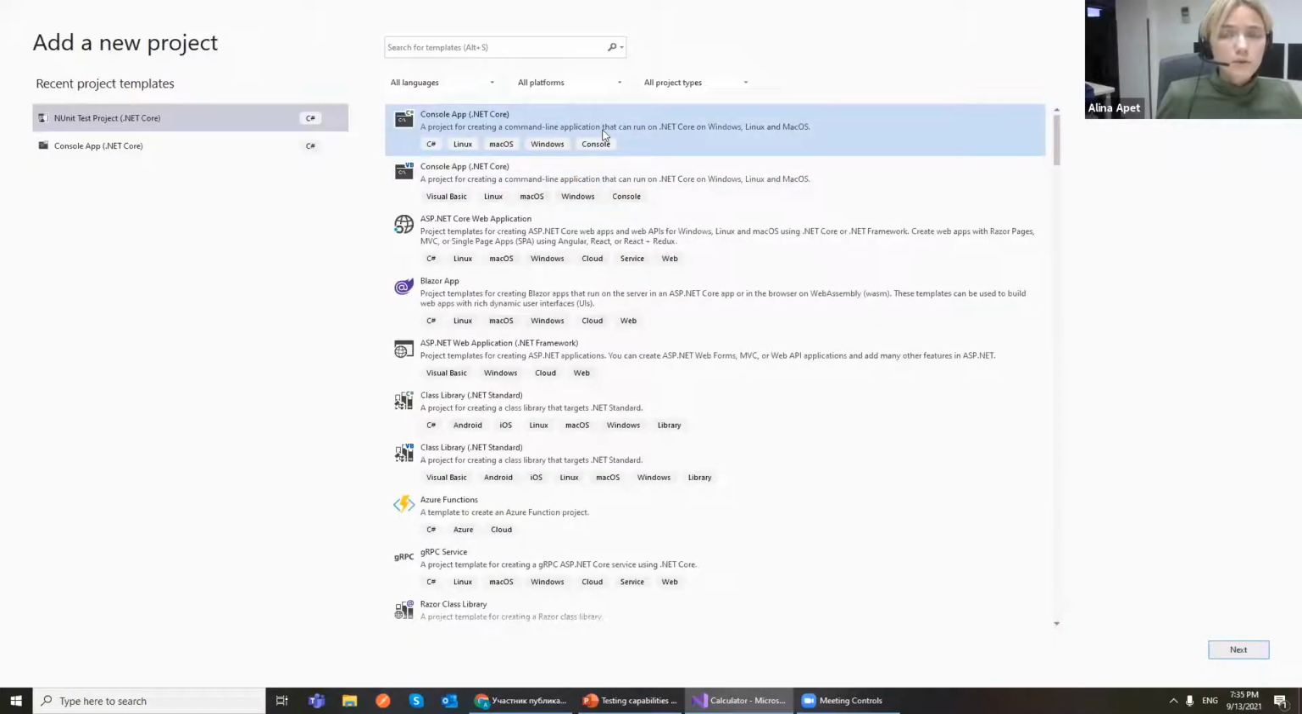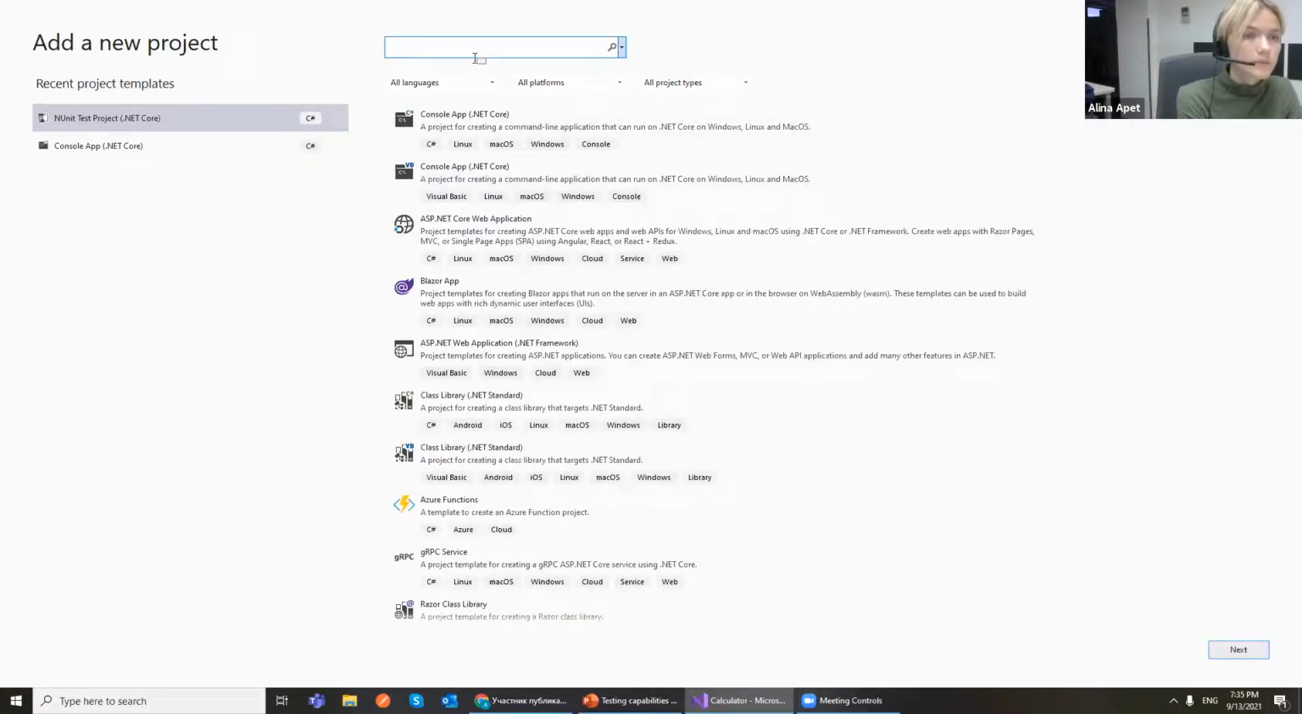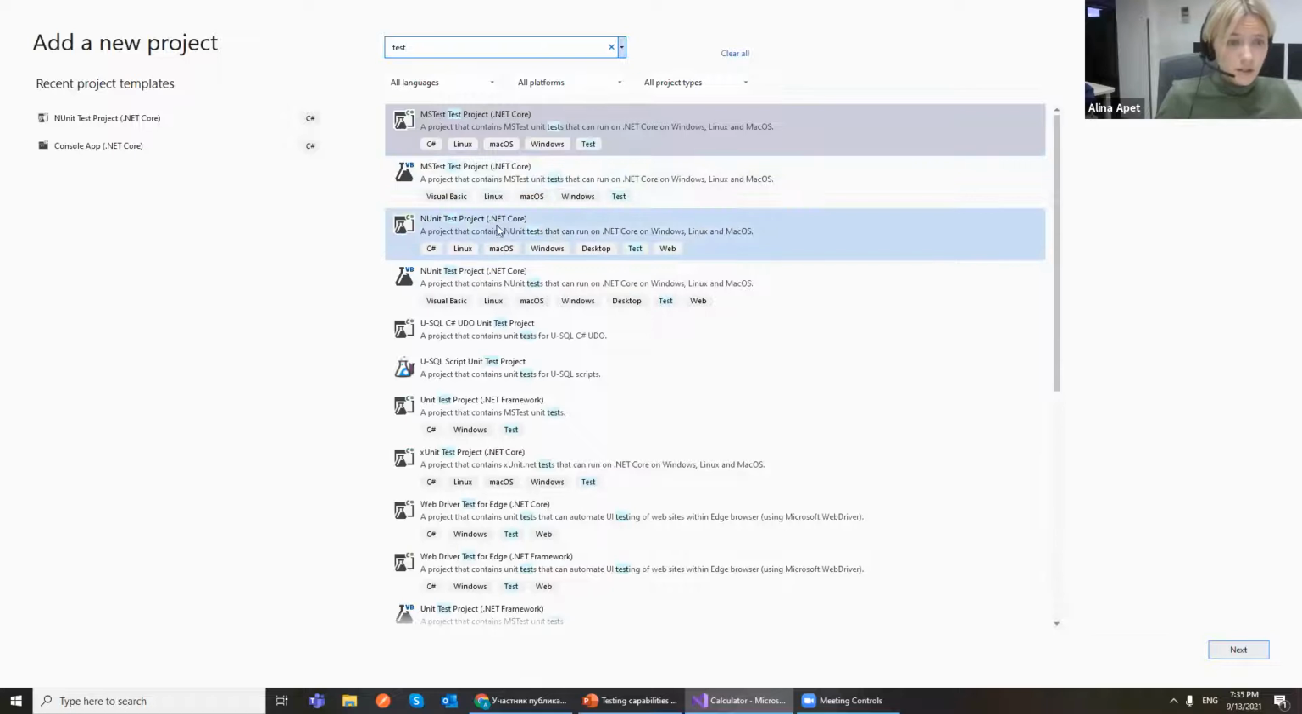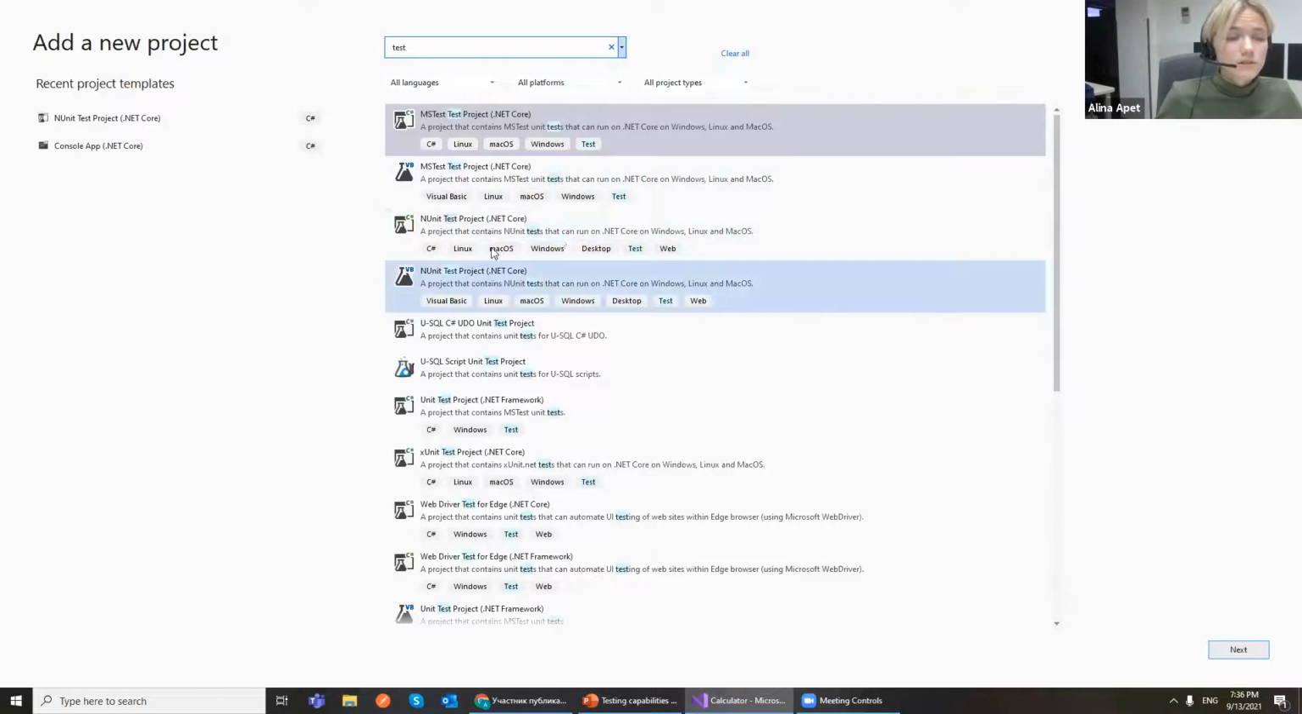I don't remember from which edition exactly, but Visual Studio has templates for testing projects. So we simply type test here, right? And it suggests different types of testing projects. You may see the MSTest project template, for example, a unit test project using .NET Core, it suggests to me